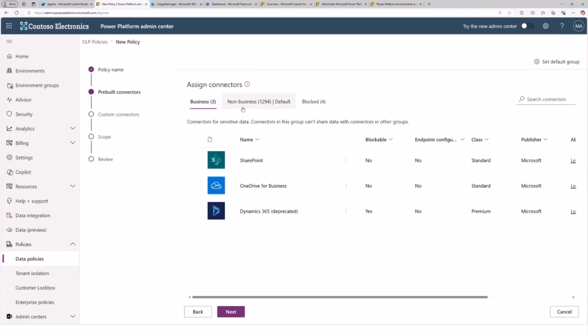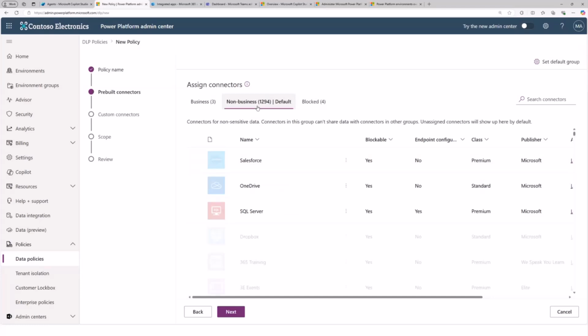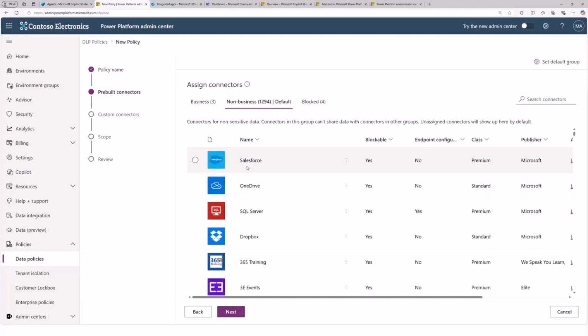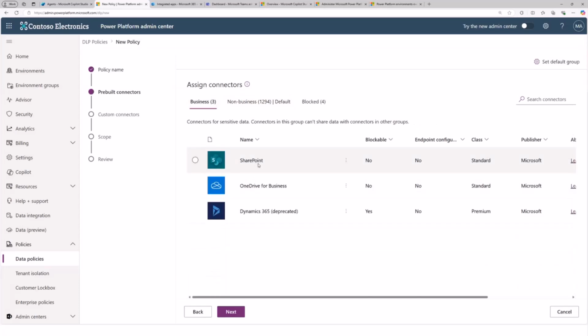Now the thing is, when you have three connectors in business, let's say as a maker you're building an agent, and in that agent you're using SharePoint, then you will not be able to use any of the connectors like Salesforce, OneDrive, which is in a non-business class, with your SharePoint connector.